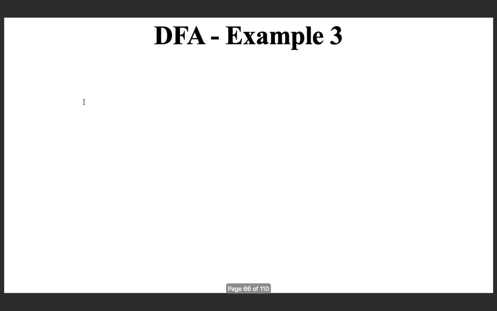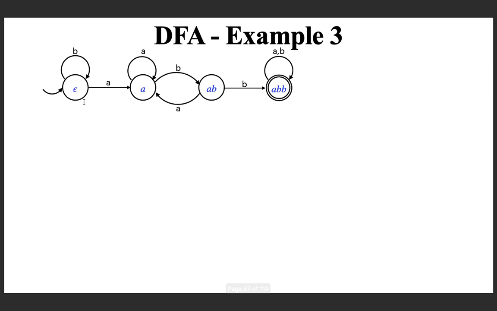And with this we are finishing this example and we are moving on to a third example, the last example for this lecture, which is a little more complicated example. Let me give you the automaton. Here I am giving you an automaton with 4 states, and let us see what this automaton is.